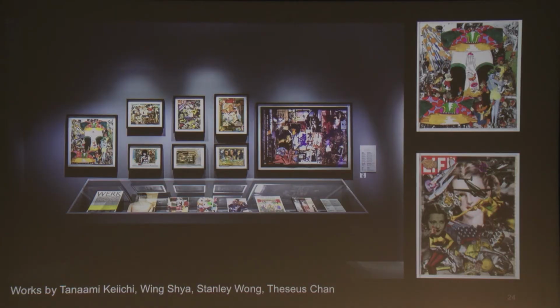In this exhibition view, you can see a number of works by Keiichi Tanami, a Japanese pop artist, probably some of the earliest works in the exhibition, that look at the practice of collage as an absurdist and also postmodern practice. But also how this has been appropriated through the work of designers like Stanley Wong in the poster image that you see on your right,